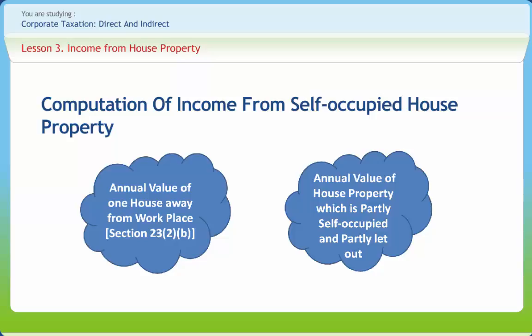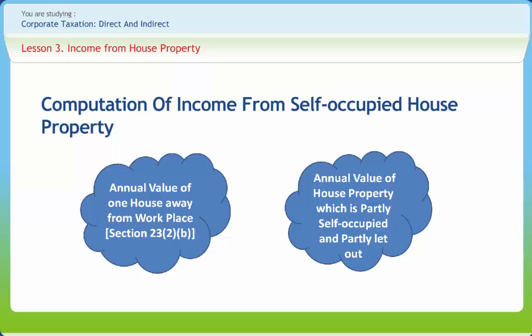The assessee must be the owner of only one house property. He is not able to occupy the house property because of his employment, business, etc. away from the place where the property is situated. The property should not have been actually let or any benefit derived therefrom. He has to reside at the place of employment in a building not belonging to him.